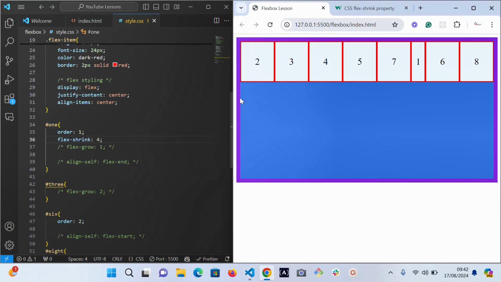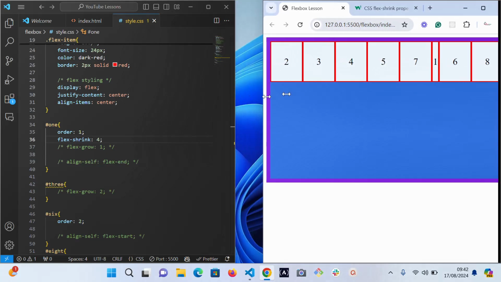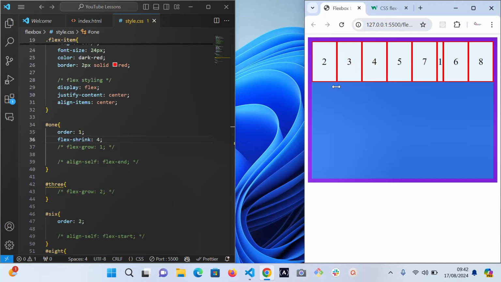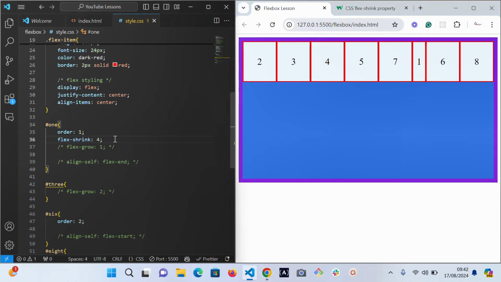And let me try to adjust. So can you see, as others are getting smaller, that one too is also getting smaller. So let's go to flex basis. That's the next. So talking about flex basis,